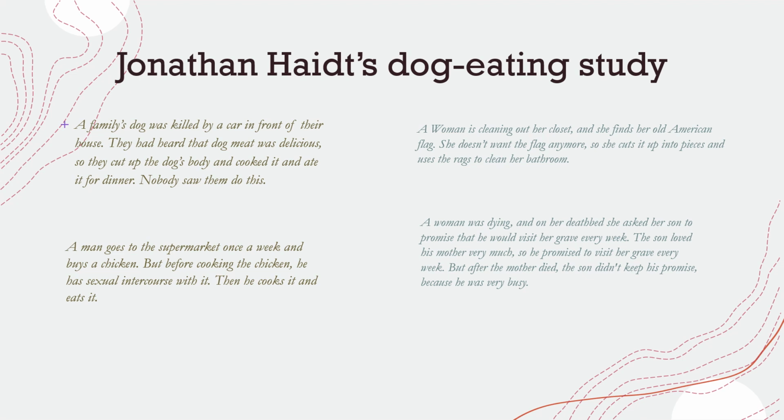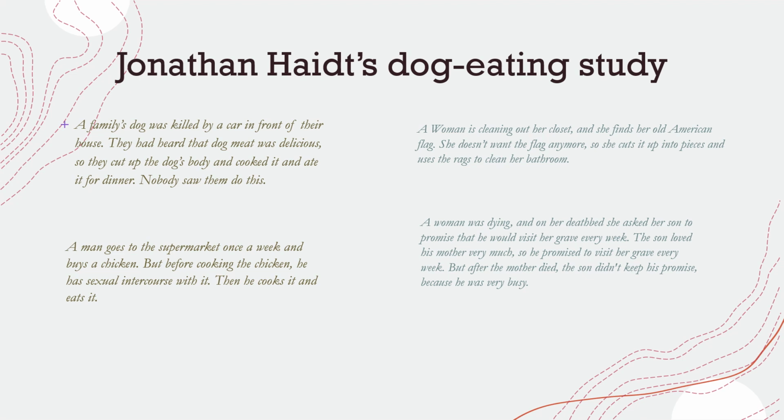Now this was brought to the fore by Jonathan Haidt's famous dog eating study. There's a number of studies and a number of examples that he gives us here, which are really all telling us the same thing, that they provoke an emotional response, but at the same time there's something harmless about them. We can't see a real case of harm. At least this is Haidt's point, right? That they're all very emotional. Something is triggered in us, but we can't see an actual case of harm.